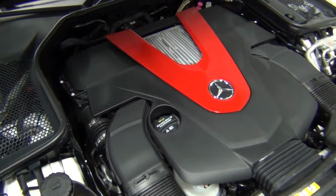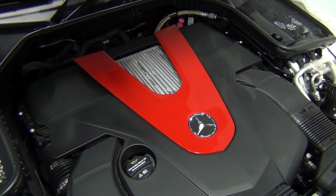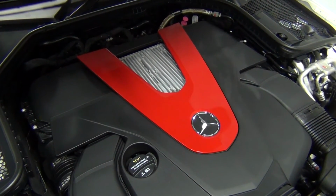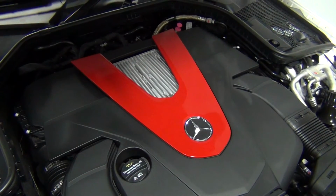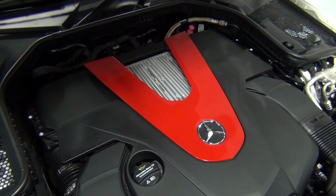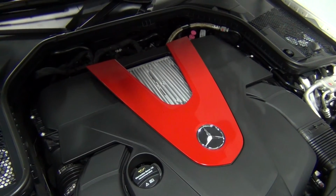So this is, look at the red on the engine. This is the best part about the car. This is the twin turbocharged 3-liter V6. It's 362 horsepower and 384 pound-feet of torque. It's mated to an AMG 7-speed automatic transmission, which is 2 times faster shifting than the C400, by the way. And it's also routed to all 4 wheels with 4MATIC all-wheel drive, which makes it able to put all that power down on the pavement, 0 to 60 in about, conservatively, 4.5 to 4.9 seconds. And other people have gotten it faster than that, many people. But it's a rocket. It still gets, listen to this, 29 miles per gallon on the highway, according to the EPA. And 21 city, which is amazingly good